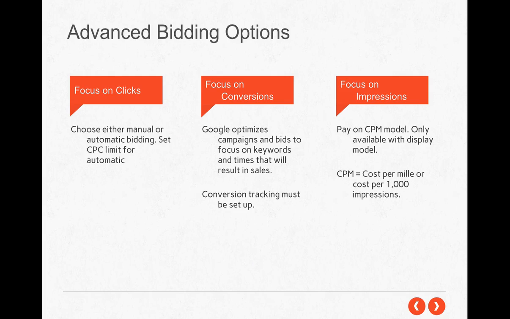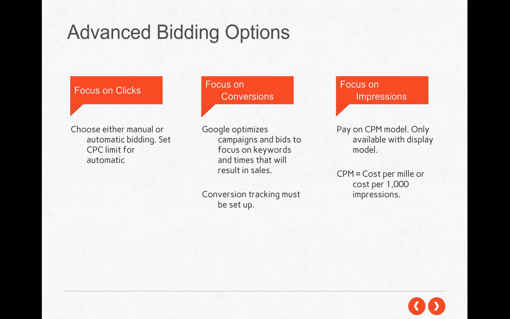And then for advanced bidding options, you can either focus on clicks and choose either manual or automatic bidding, which is the same thing as in the basic options. And then you can set a cost per click limit for automatic. So if you want to allow Google to determine your cost per click, you can say, I trust you to determine a cost per click, but I don't want it to go anywhere over $2 per click. And that allows you to have some hands off, but still have some sort of control over what you're paying